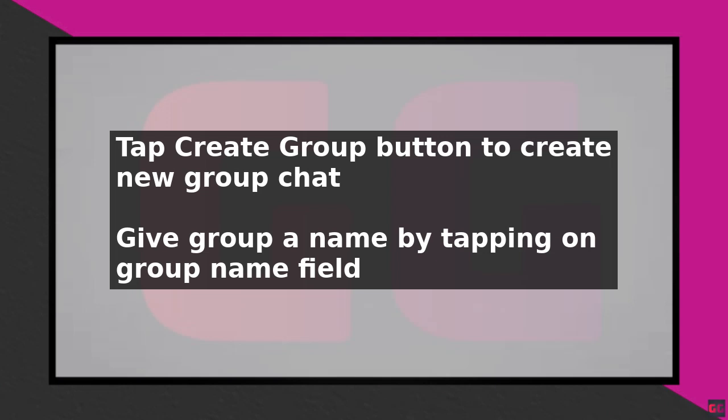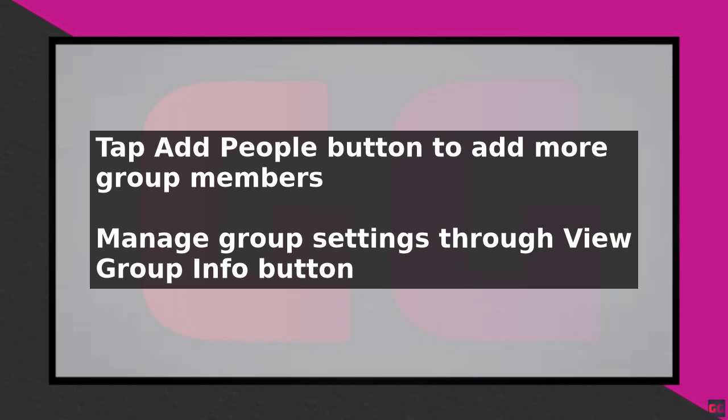To manage your group chat, tap on the group name at the top of the screen and then tap on the View Group Info button. From here, you can manage the group settings, including who can join the group and who can post in the group. By following these steps, you can easily create a group chat in Messenger and start communicating with your friends